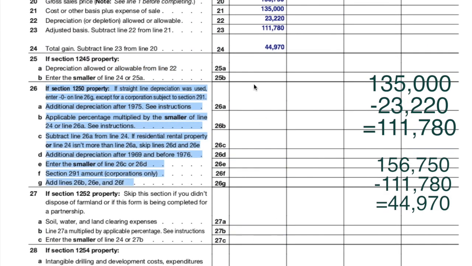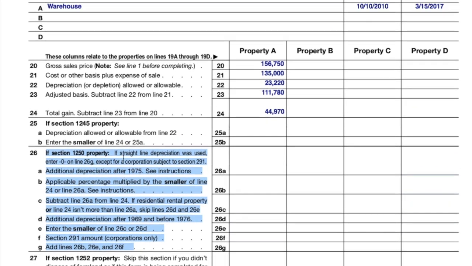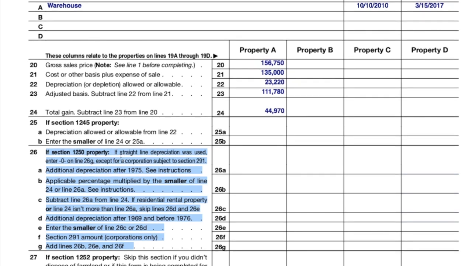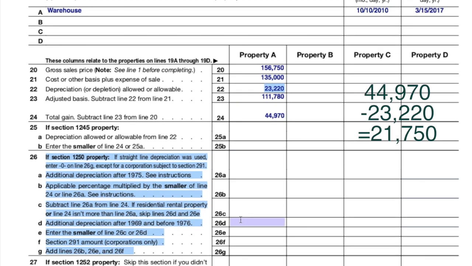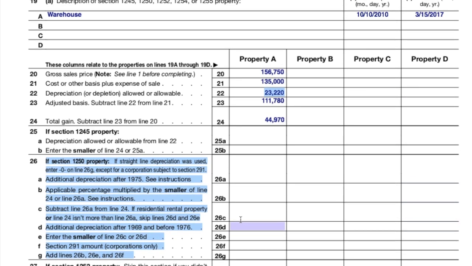Why is there nothing here? Do you remember? I know I breezed over this. Basically, in the past, you were not required to take straight line depreciation on a building. And so there was an additional adjustment to this depreciation amount for recapture. But remember, in our situation, we already went through this problem. The 1250 recapture was this exact amount,